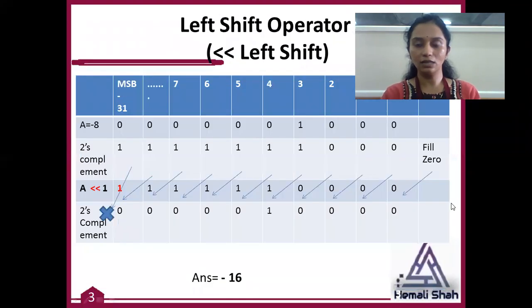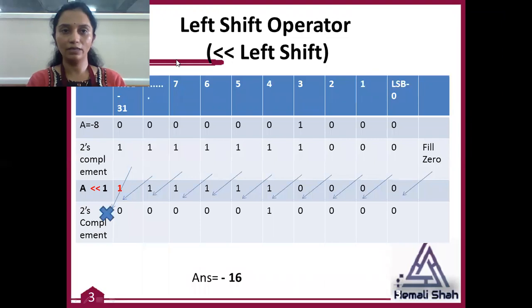So let us understand how this shift operator works. First of all, the left shift operator. Whenever you are performing the left shift operator with any operand, first of all, your computer converts your decimal value into binary value. Then it shifts the bits to the left-hand side by the number of bits that you have used inside your equation, and then performs the binary to decimal conversion, and it generates the answer.